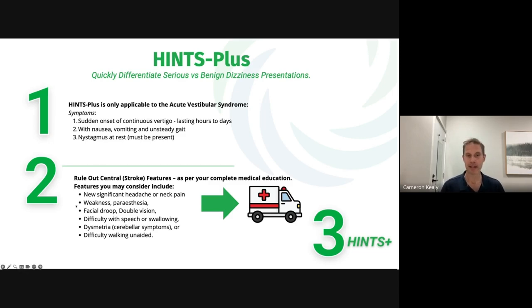So the first thing is to rule out a stroke as you would usually work that out. And I've just put in here, as per your complete medical education, because as I said, generally speaking, if I was getting anyone that was having a stroke, I would be referring that out to someone else based on the criteria that I'll get from Peter Johns here, is that we've got new significant, if they have any of these, new significant headache, weakness, paresthesia, facial droop, double vision, difficulty speech,